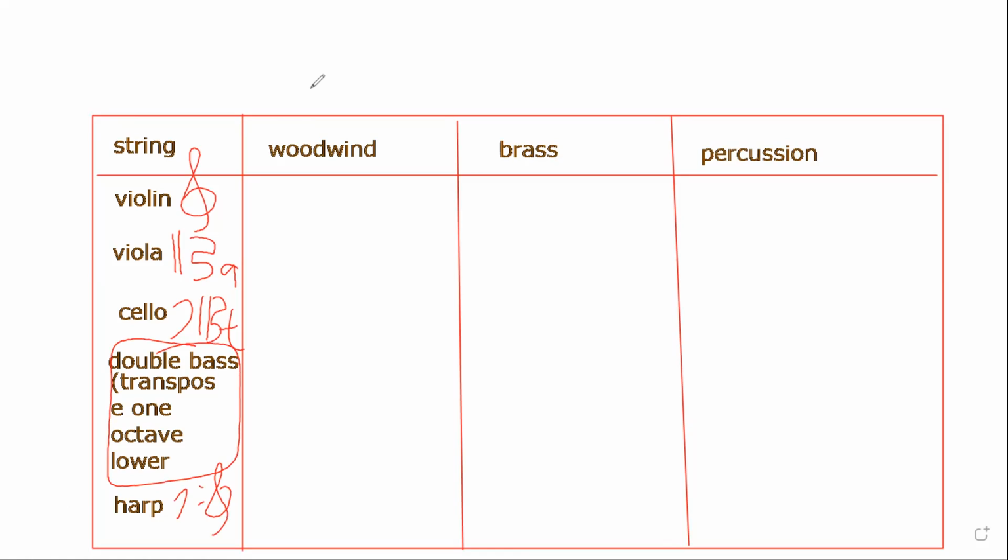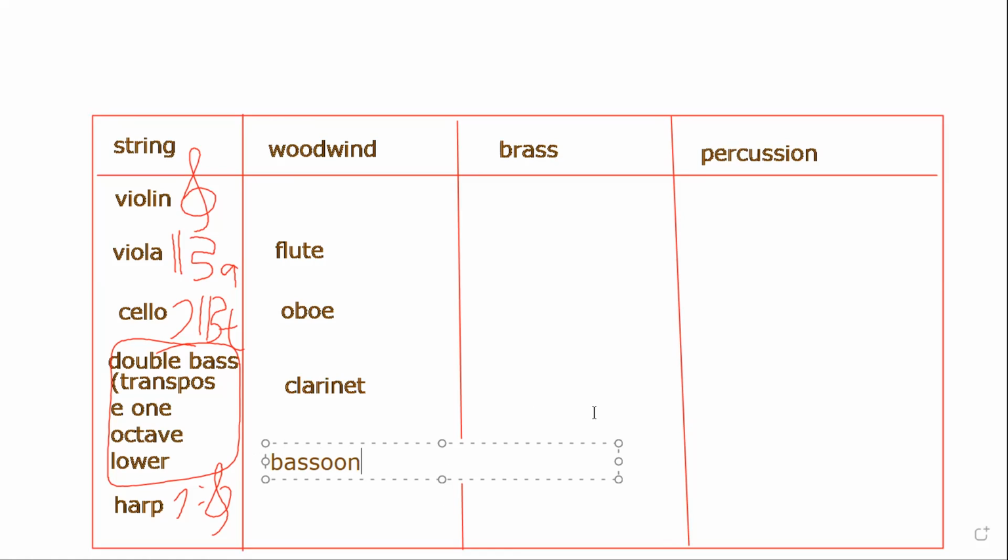Okay, then I go to woodwind. I tell you about the normal one first. The standard orchestra instruments that will have flute, then they will have oboe, then they will have clarinet, then they will have double bassoon. Oh, bassoon only. B-A-S-S-O-O-N, bassoon. So these four are the standard orchestra instruments， 就是